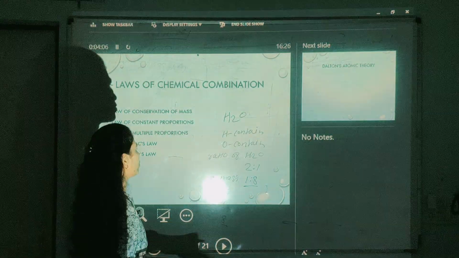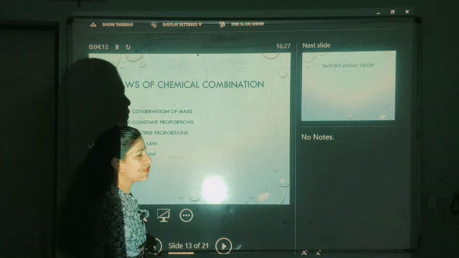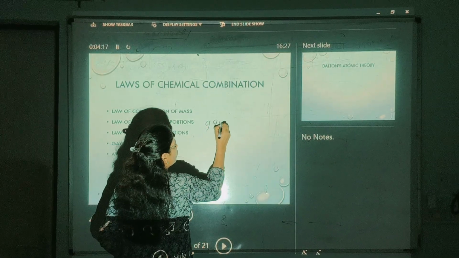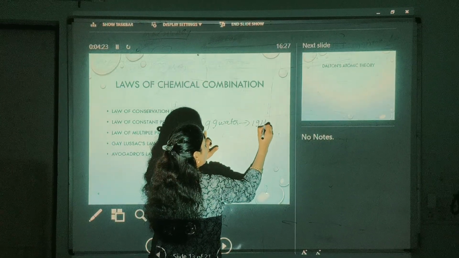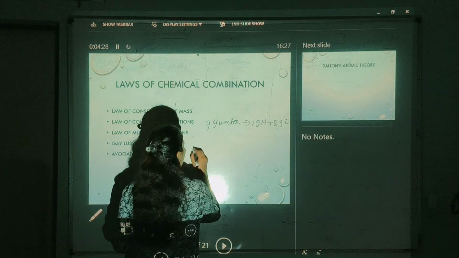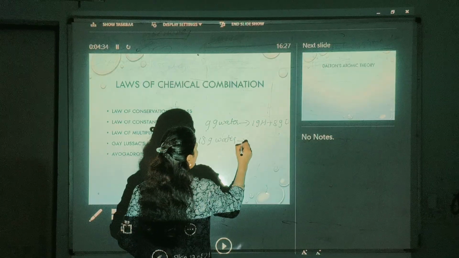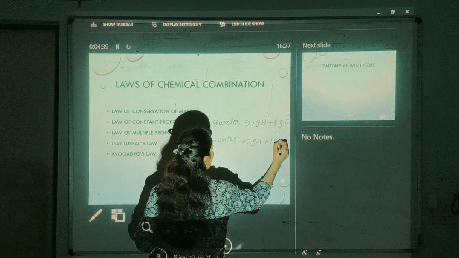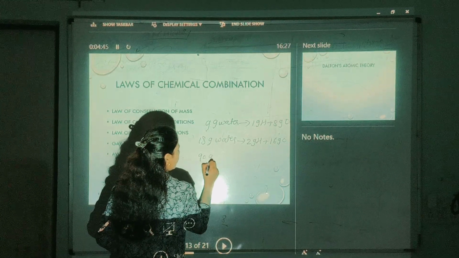See, if we have 9 gram of water, here will be 1 gram of hydrogen and 8 gram of oxygen. Okay, if we have 18 gram of water, here will be 2 gram of hydrogen and 16 gram of oxygen. If we have 90 gram of water,